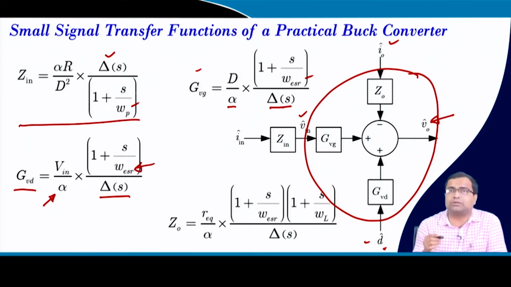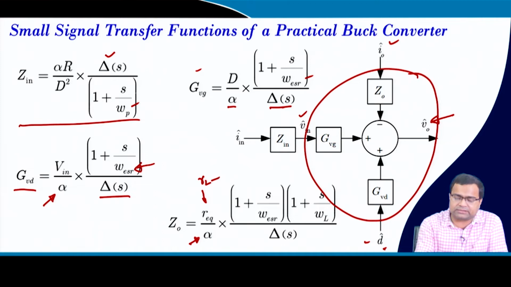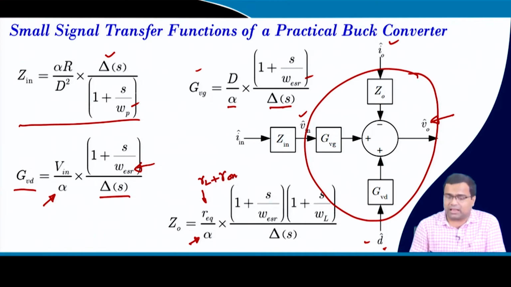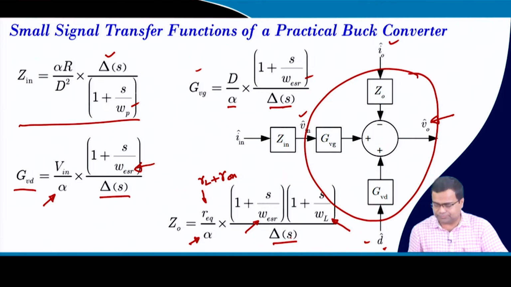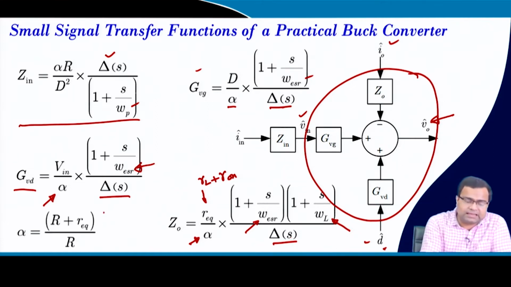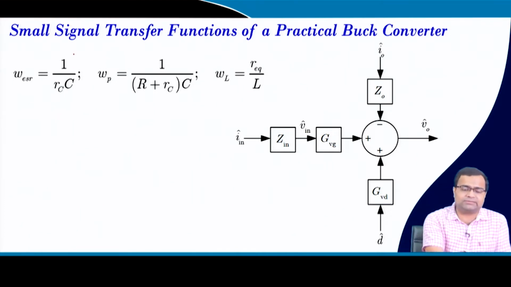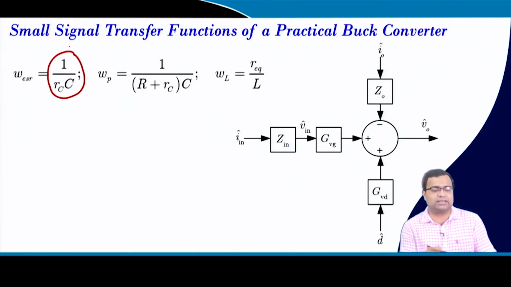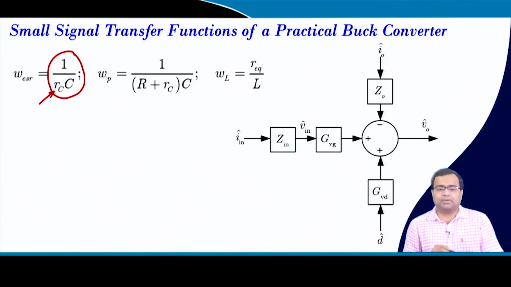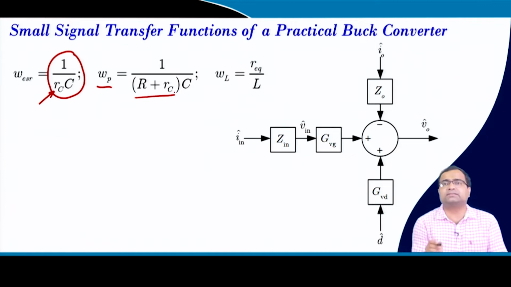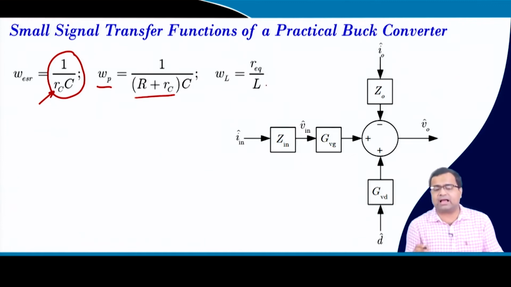We have also derived output impedance. Here alpha we will talk about, R equivalent is RL plus R on of the switch, and we will also discuss the ESR zero, which is another zero coming into the picture, and the denominator, which is a second order pole. And this alpha is nothing but R plus R equivalent by R, where R is the load resistance. Now the ESR zero is very simple, it is 1 by RC into C, where RC is the ESR. Omega p is 1 by R plus RC into C, and then omega L is R equivalent by L,